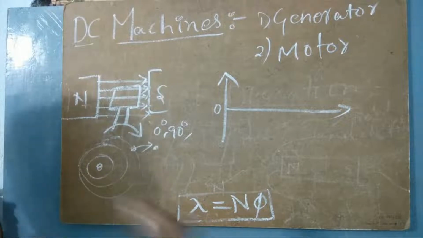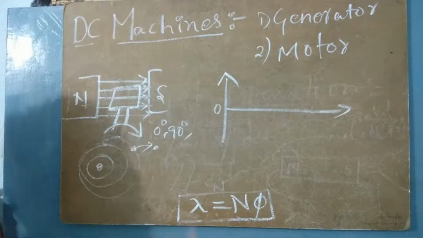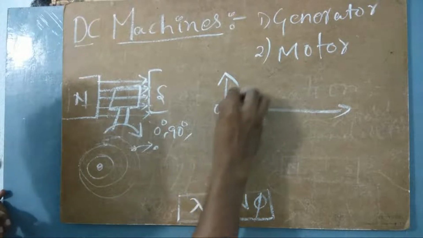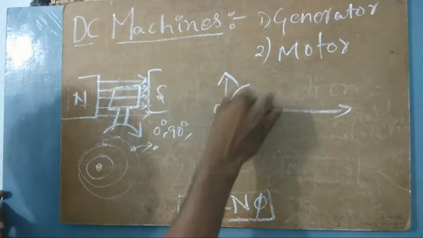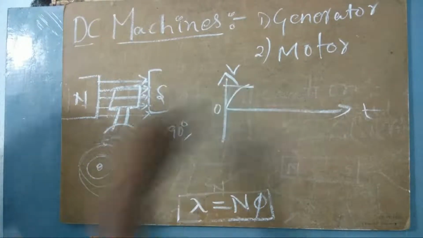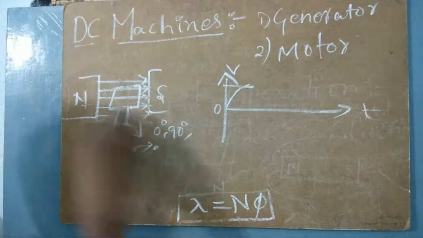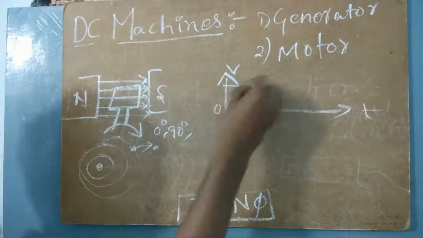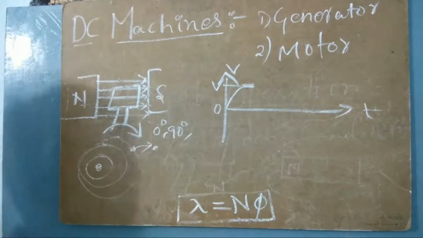Okay, so I'll tell you how it is working, and I'll let you know the equation of the generator also. Okay, basic generator. Automatically, some voltage will be produced. Let us say this is voltage and this is time. According to the time, the voltage is also changing here. That's why we call it alternating. It started from 0 volts and went up to, let us say, V volts.